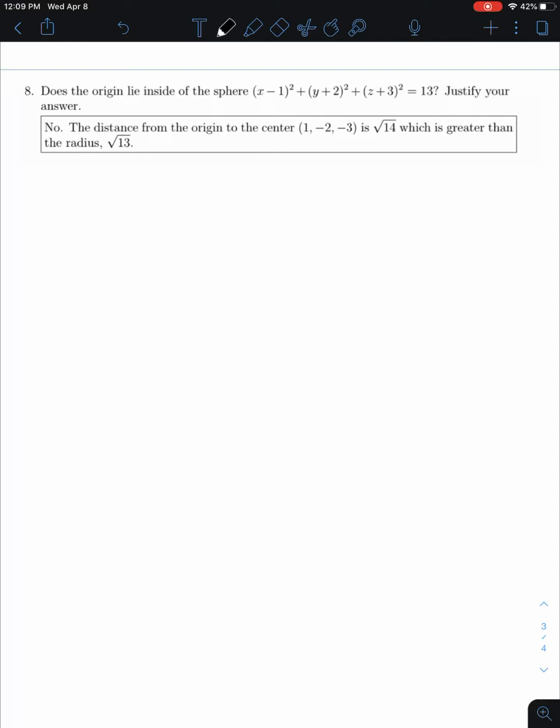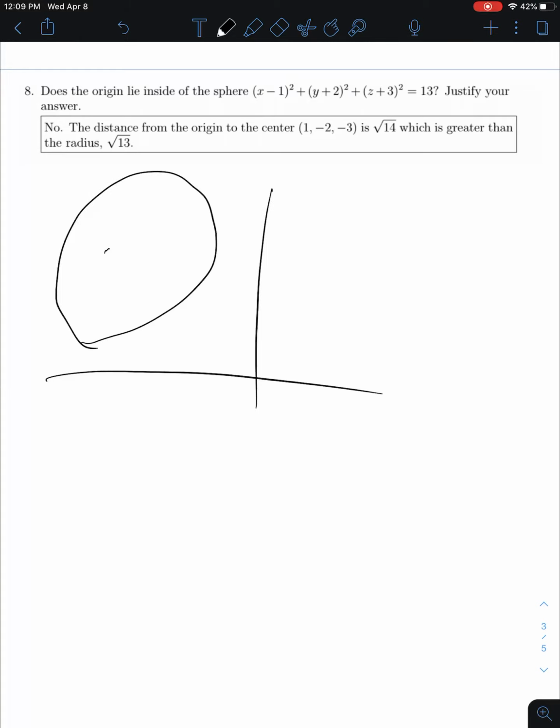Okay, so for question 8, we're asked, does the origin lie inside of this sphere? So the first thing I'm going to do is draw this as a circle instead, a two-dimensional picture. So in this case, clearly the origin does not lie inside of the sphere, and that's ultimately because the radius